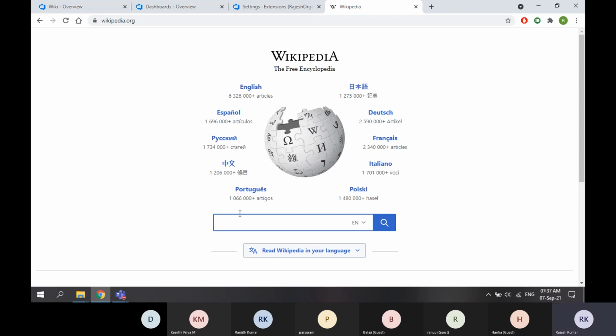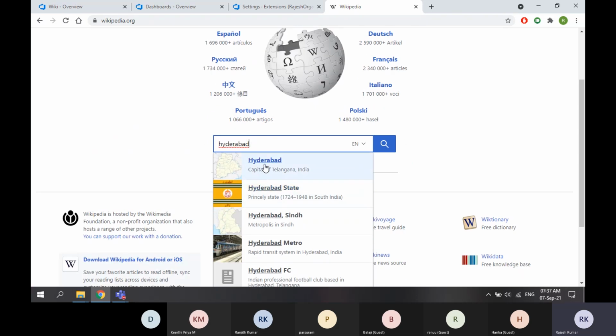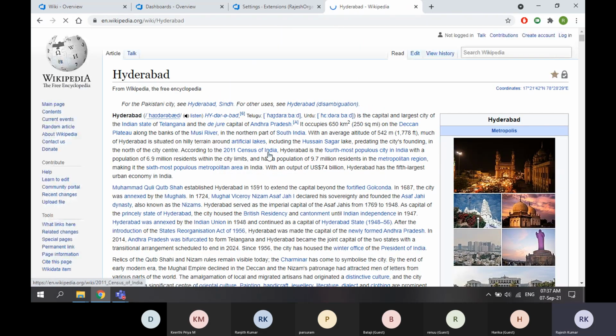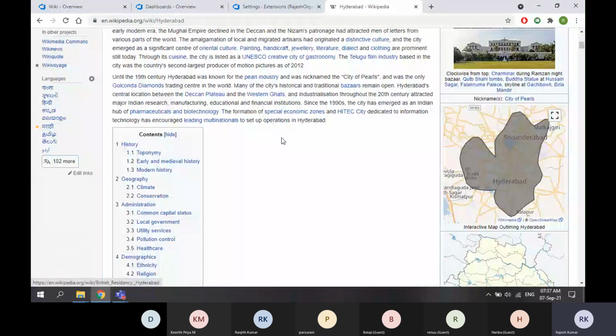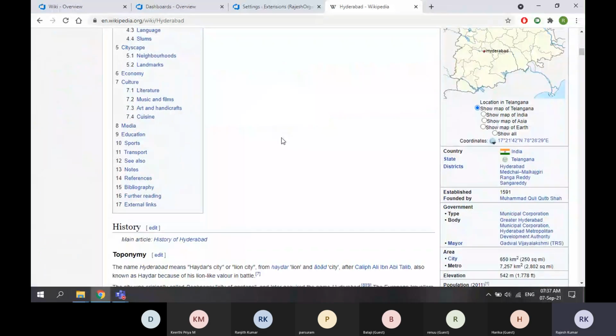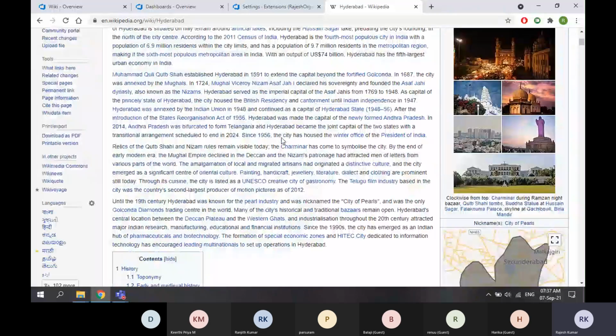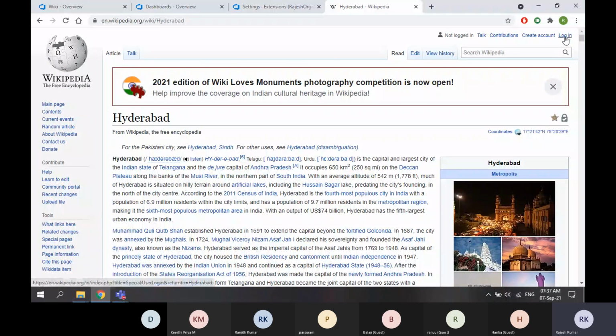If I search for something like Hyderabad, this is the text which is available about Hyderabad. If you want to add or modify something here, what you need to do is just log in, or else you can use the edit option here.